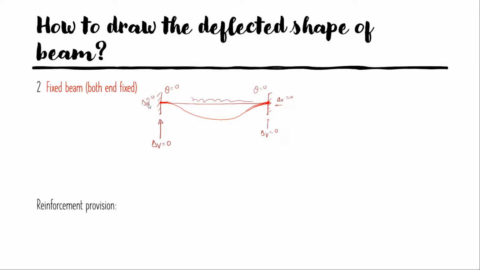So this would be the deflected shape, where if you make a tangent to this point, it would be parallel, so therefore this slope would become 0. Here if you make a tangent to this point, the slope will also be 0, and displacement at this point is also 0. So it is our deflected shape of a fixed beam. Let us see in the two-dimensional analysis how to make it.